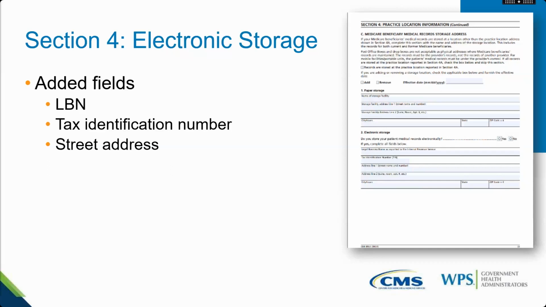A couple of things to keep in mind: that legal business name has to match what is on file for that entity with the federal IRS. So not a doing business name, it does have to match what is on file as the legal business name with the federal IRS. The street address does have to be a street address. We cannot accept a PO box, so you just want to make sure that you're including that information. If the PO box is on there in addition to the street address, that is something we can disregard, but we cannot take the section if it only has a PO box.